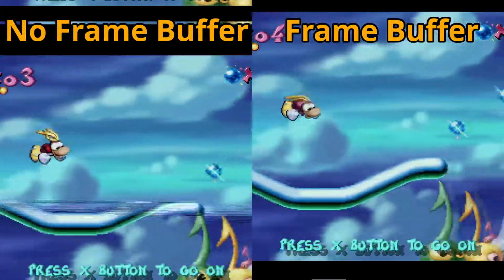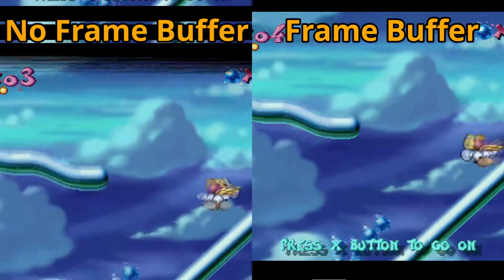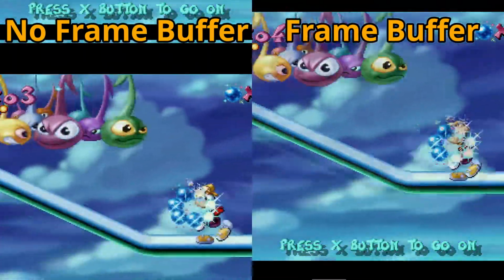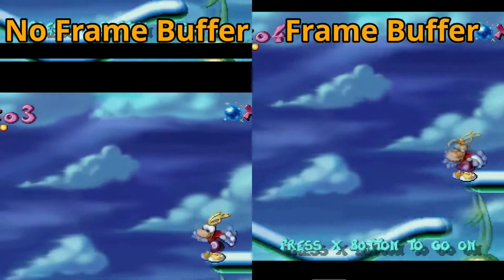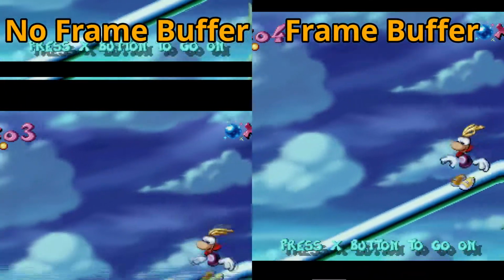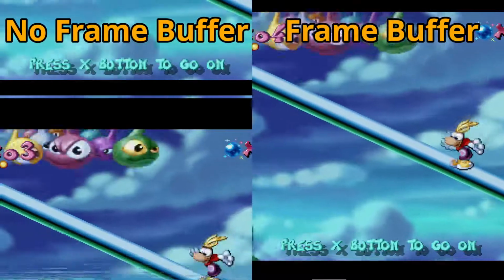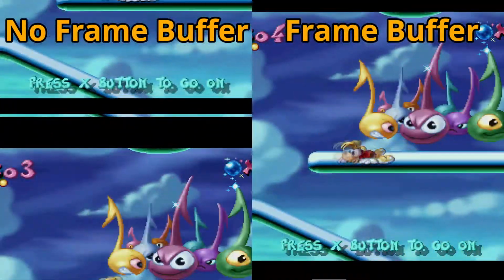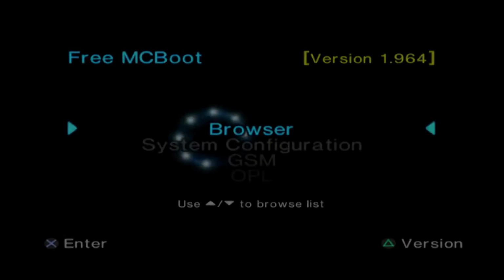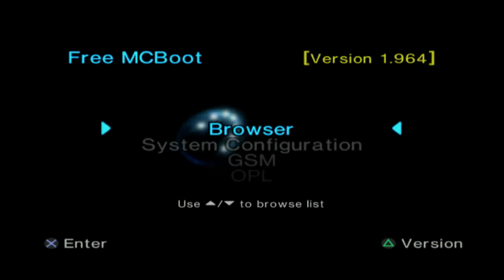For the sake of demonstration, I'm intentionally disabling synchronization for an extended period of time to show the different video output with and without frame buffer. It can be seen that when using a frame buffer, even a prolonged loss of synchronization only causes minor screen tearing. Being able to store a number of past frames in RAM also enables the implementation of better deinterlacing techniques